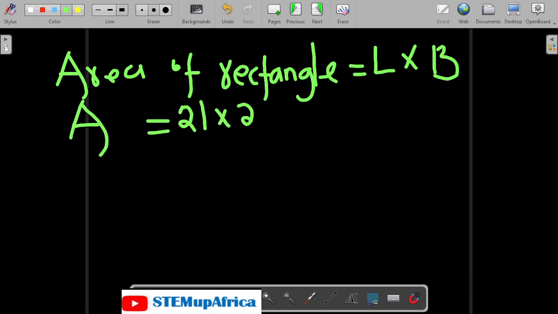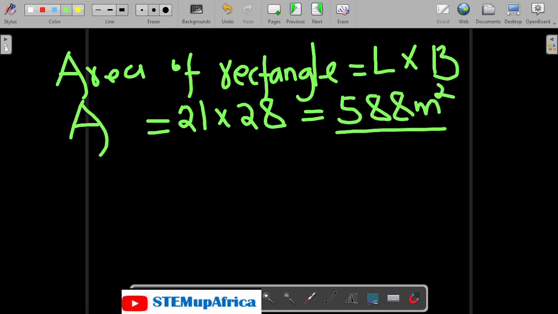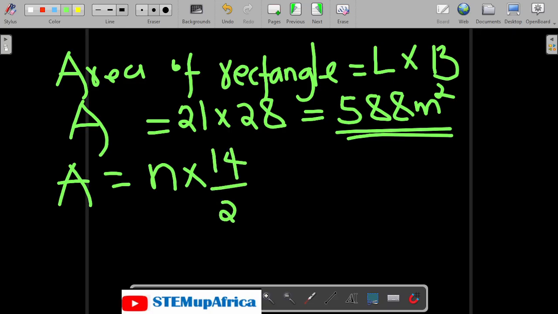21 times 28. Let's see. 21 times 28 will give us 588 meter square. That's the area. So the number of blocks laid times the length of the block, which is 14 over 25, will give us